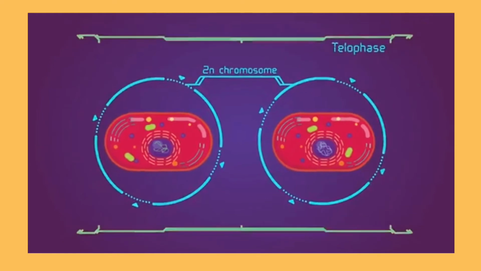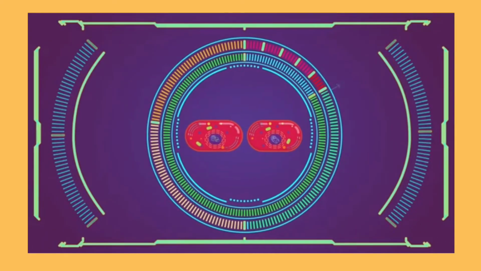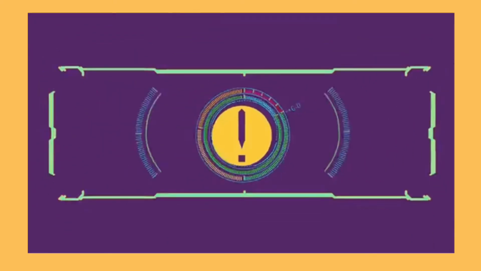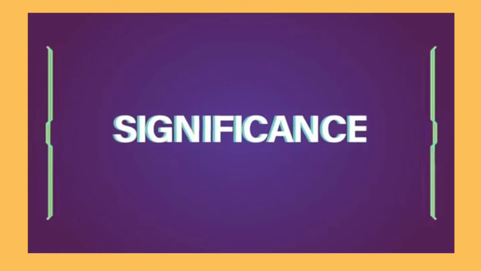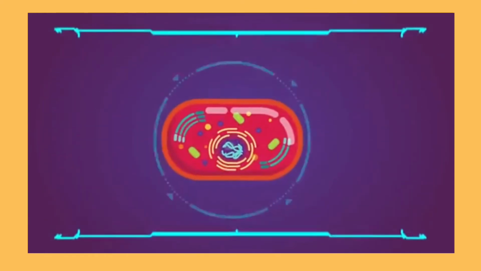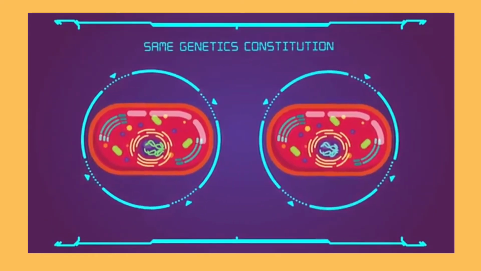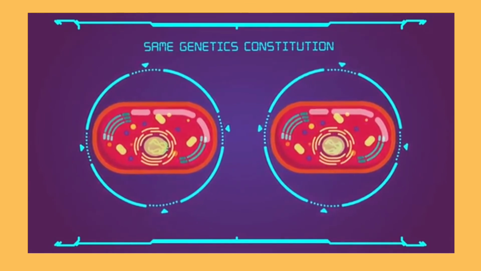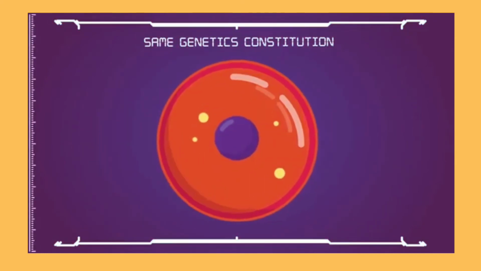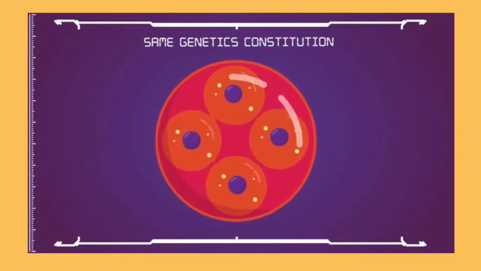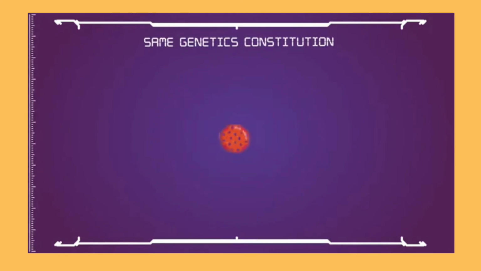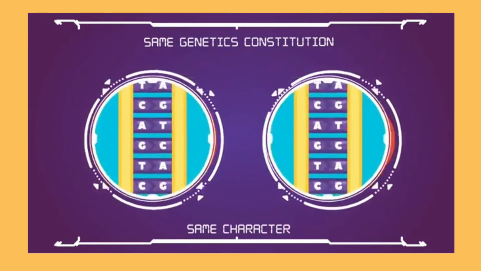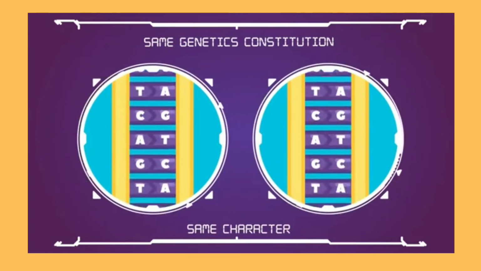Up till now, we have discussed what is mitosis and its different phases. Now it's important to know about the significance of mitosis. Significance. It is an equational division through which identical daughter cells are produced, having the same amount and type of genetic constitution as that of the parent cell. It is responsible for growth and development of multicellular organisms from a single-celled zygote. The number of chromosomes remains the same in all cells produced by this division. Thus, the daughter cells retain the same character as those of the parent cell.